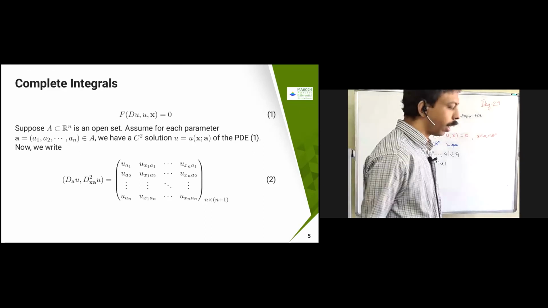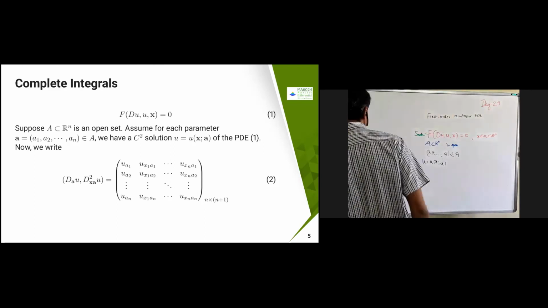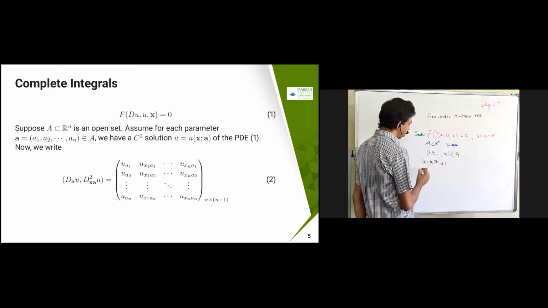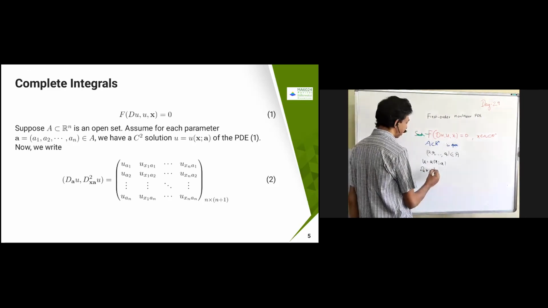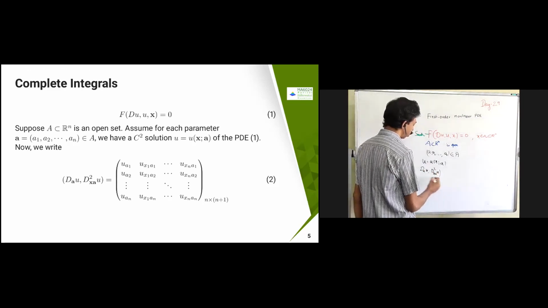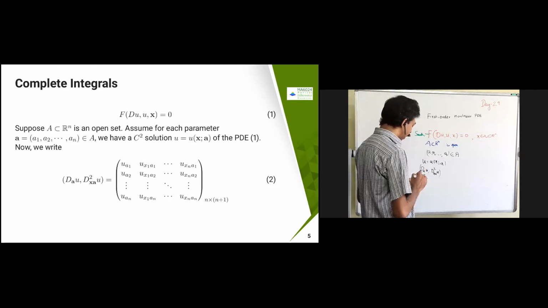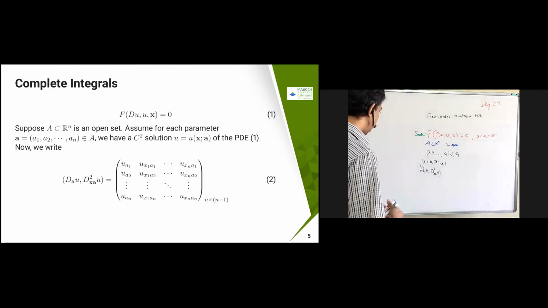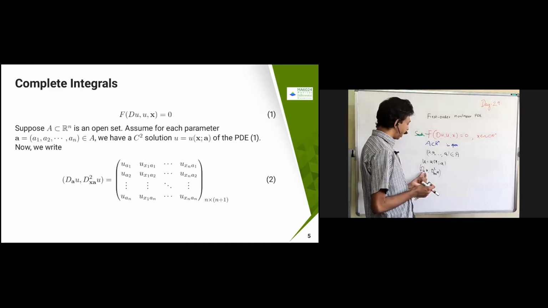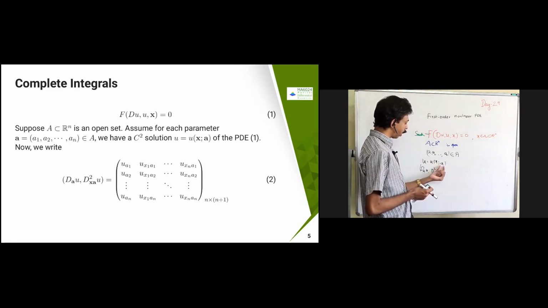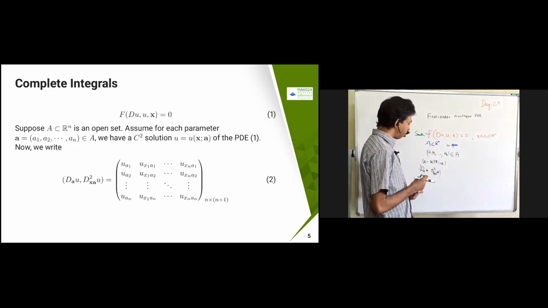When do we say this? First we need to find D_a of u, and we have some conditions. First we have to find D_a of u, comma D squared xa of u. That means you first find the derivative of u with respect to the variable a, corresponding to this x. You are trying to find the parameter over there. Once you come to the characteristics, you will understand how it is constructed.